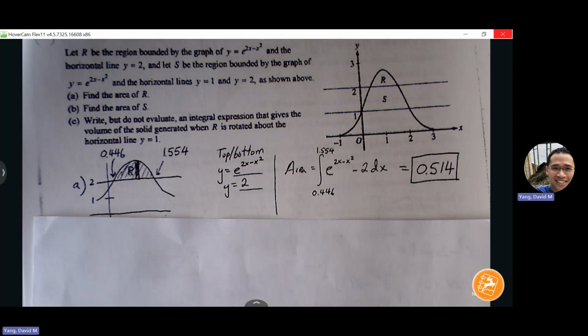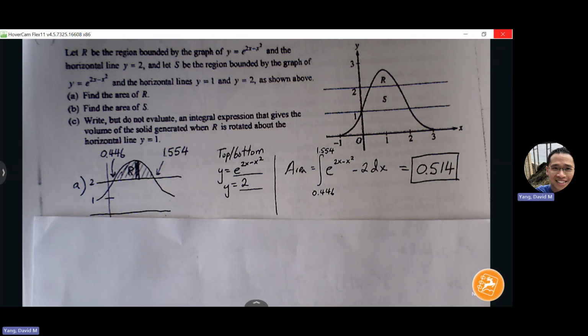Part B says find the area of region S. So one way I think a lot of students want to think about region S is, well, maybe I need to create 3 separate intervals, right? Maybe I need to find the area of this region, because there's a top minus bottom. The second region here is a rectangle, top minus bottom there, and then another area there, and add those 3 together. But that's perfectly fine. But is there another way that we can find region S that could be